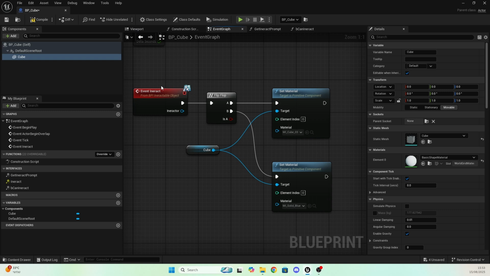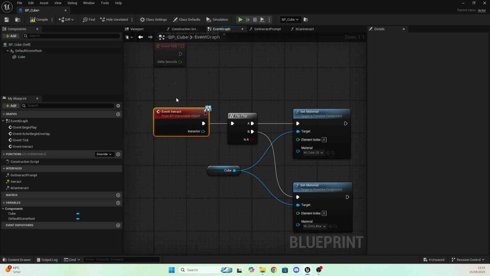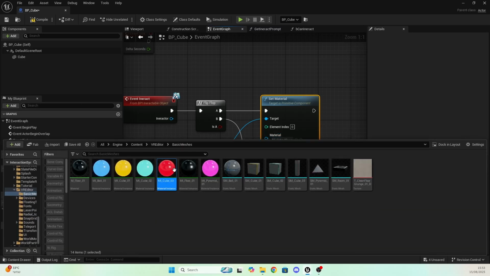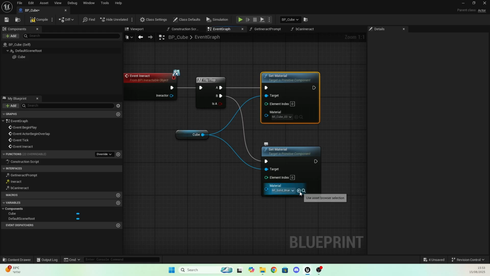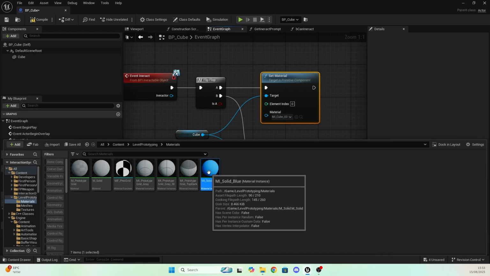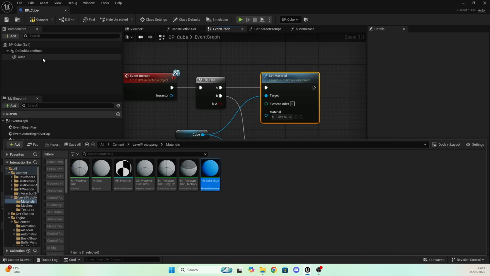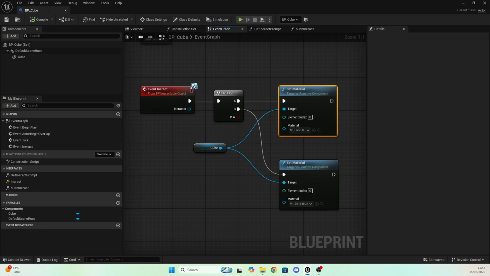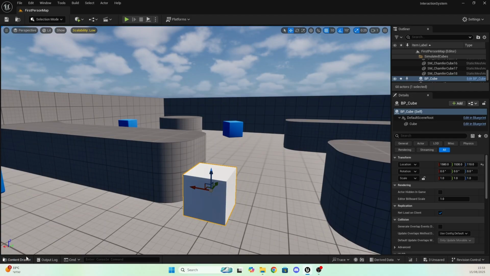So each time I call this event interact, the first time I'm going to change the material to this red color, and the second time I call it, this color will be changed for our cube. So I'm going to hit compile and save, and we have finished with these objects, and we are going to continue